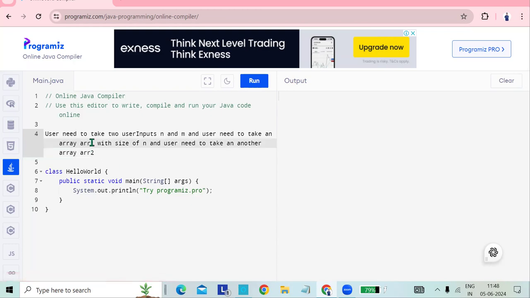So we can write like this: ar1 and ar2. So user needs to take an array of ar1 with size of n, and user needs to take another array ar2 with size of m. Now user needs to check